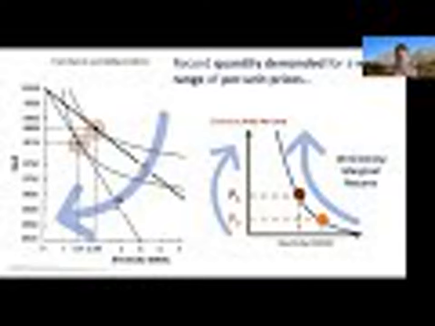So a change in demand is not due to the change in the price of a good. It could be due to things like a change in income, or a change in the price of other goods, or a change in utility, a change in your preferences. These are all things that shift the curve, as opposed to things that move along the curve.